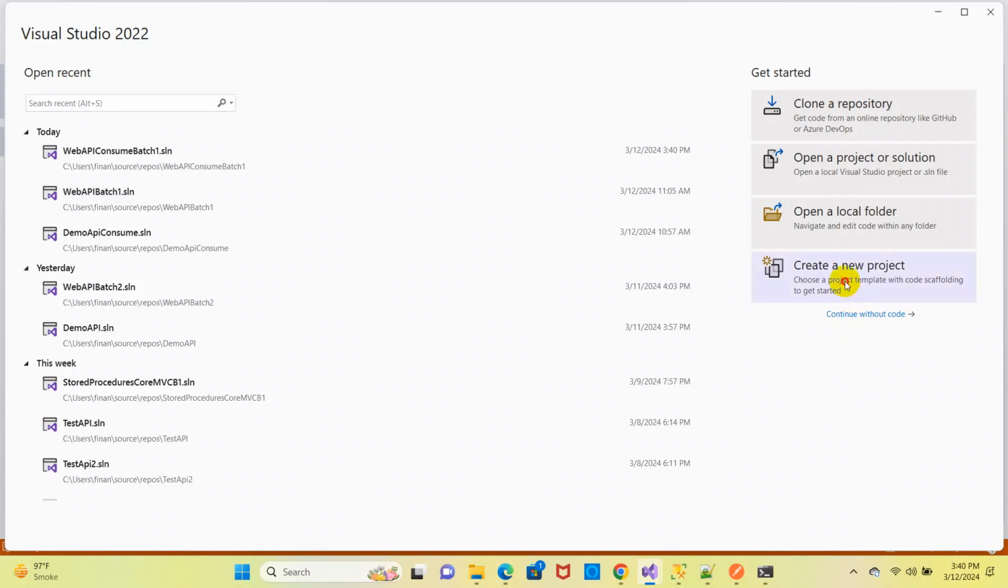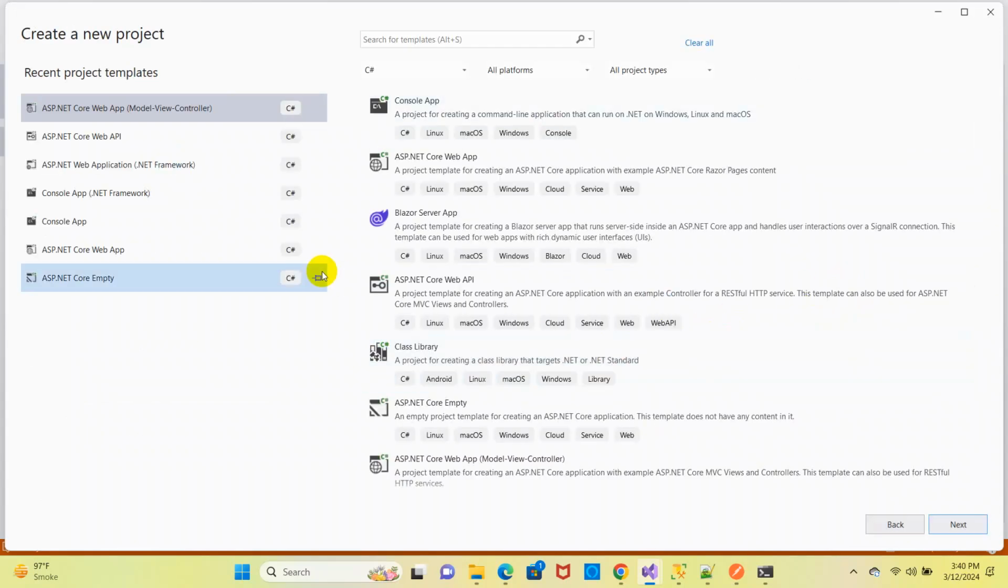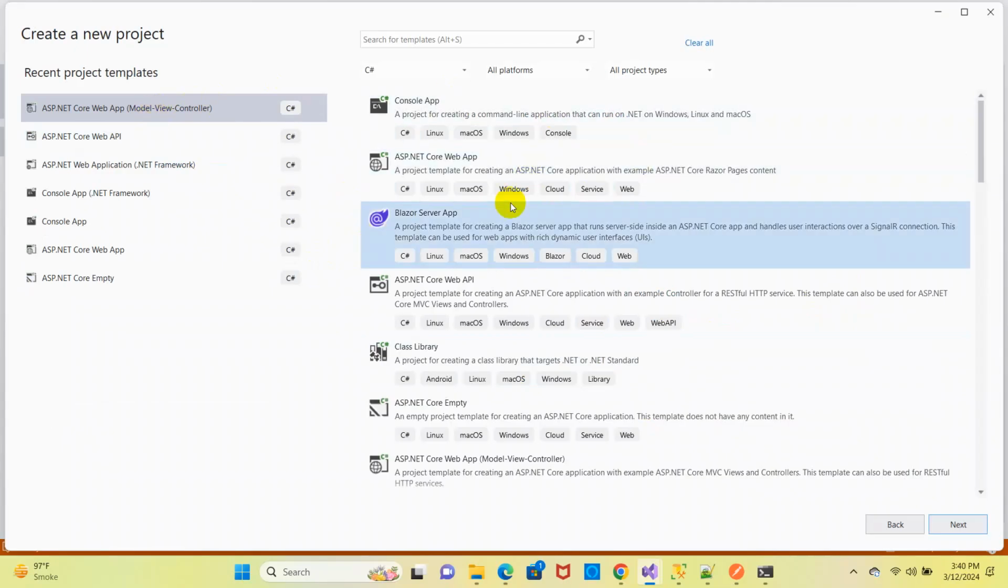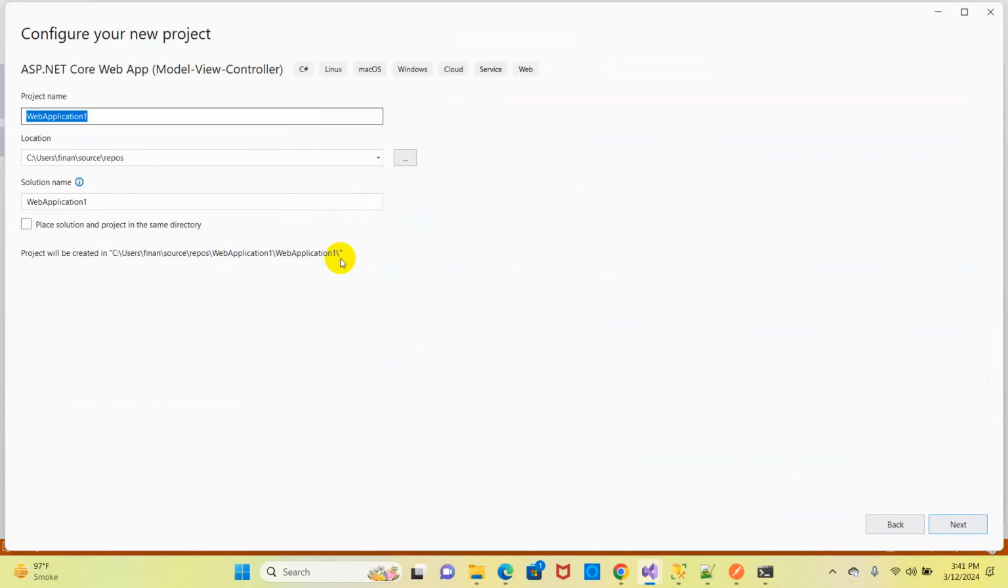One application here, create new project. Which application? This one, that Model View Controller. And then go with the next. Just give the application name as Web API